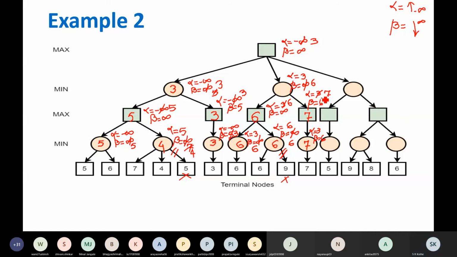Now there is no other node, otherwise we would have proved it. It is getting 7 from this. What will happen? This is a minimizer node.